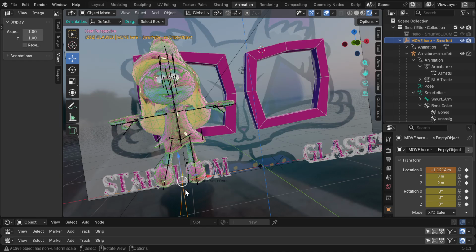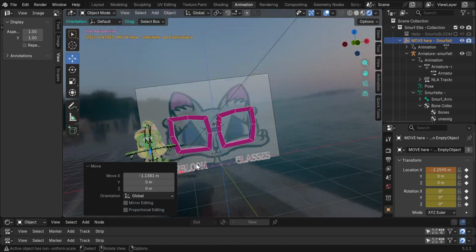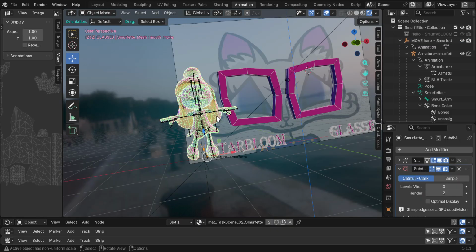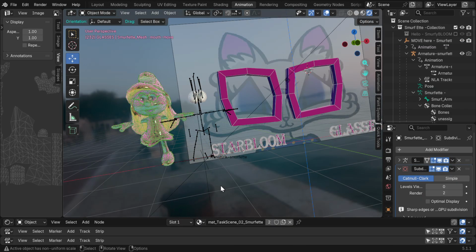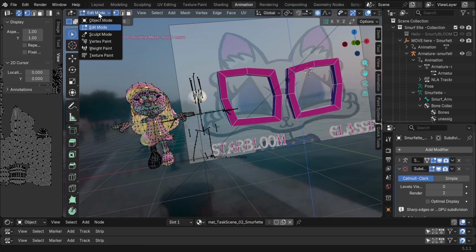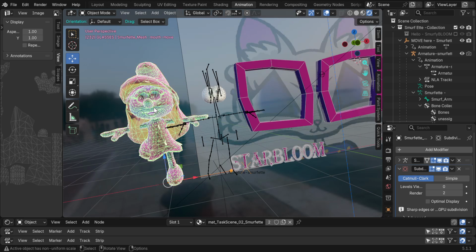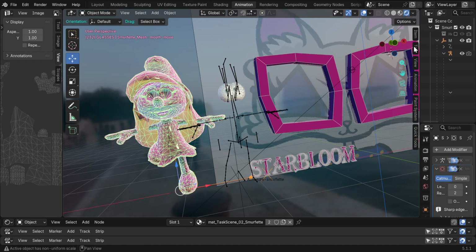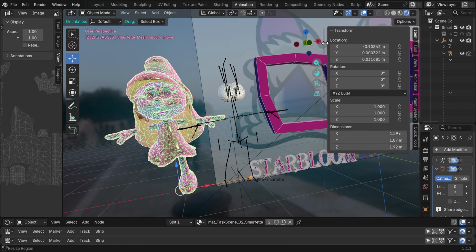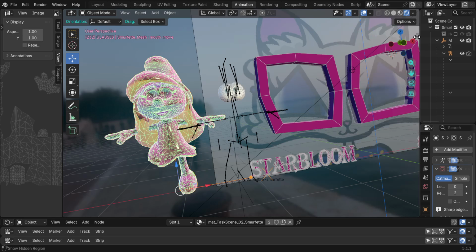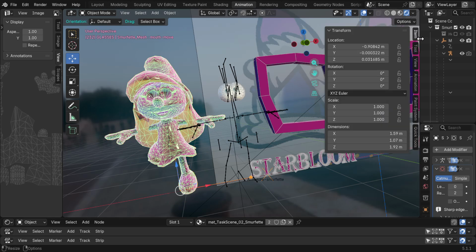So if a parented object gets moved from your character, even her mesh, she gets like this accidentally, and you're going back and forth to edit mode, and you get back, don't panic. Just go to object mode, select the character, and then come up here to this little arrow. Where is it? And drag this out. If it's closed all the way, there'll be that little tiny arrow right there. Click it, and then in item, transform,